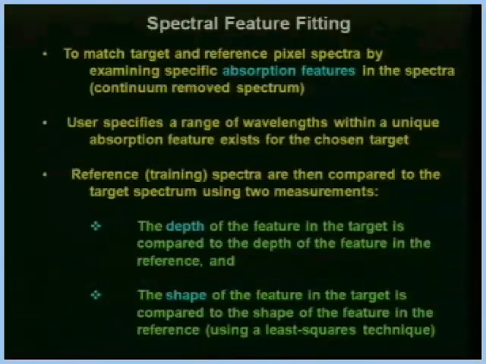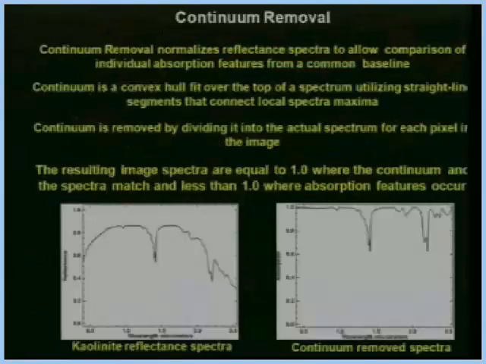Then the reference spectra are compared to the target spectra using depth and shape. The depth is the absorption depth of the feature with respect to the reference, and the shape is the entire shape in the spectral space, compared in a least square sense with your reference spectra. Now,